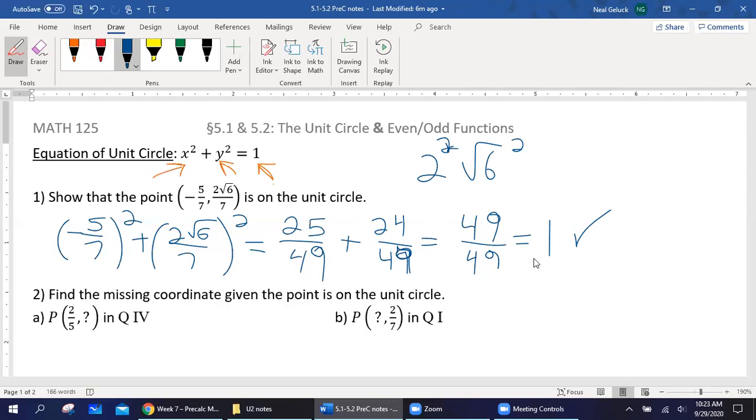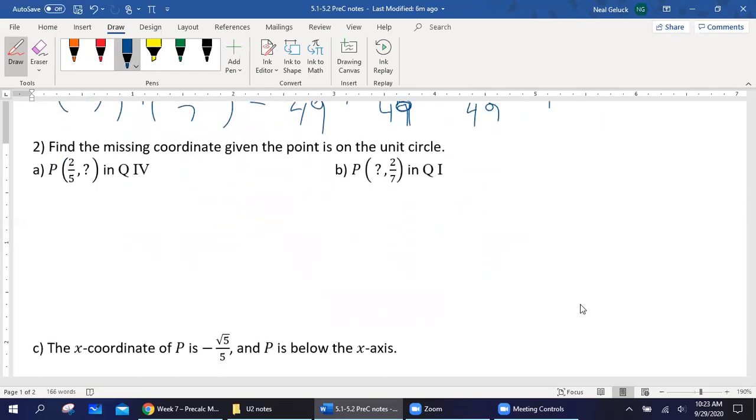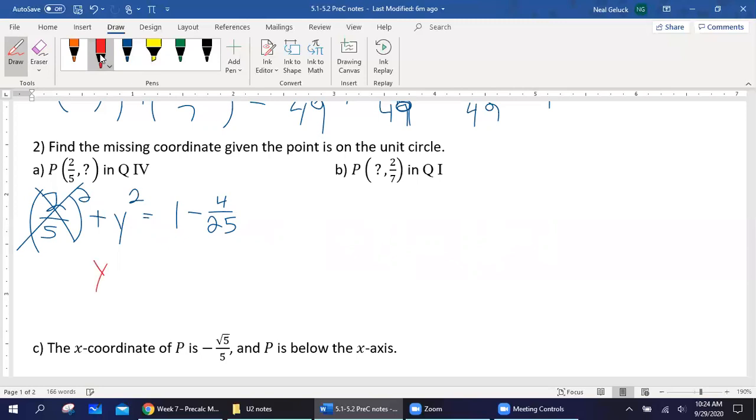Now for number 2, A and B, we're going to find the missing coordinate. So we're going to use the equation of the unit circle. So 2/5 squared plus, I don't know the y coordinate, squared, equals 1. And I'm just going to solve this for y. So if I square 2/5, that would give me 4 over 25. So I'm going to have to subtract over 4 over 25. That'll get that out of there. And so that'll leave me with y squared equals 21 over 25,